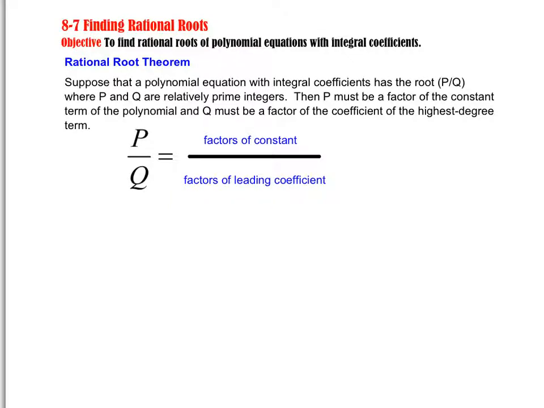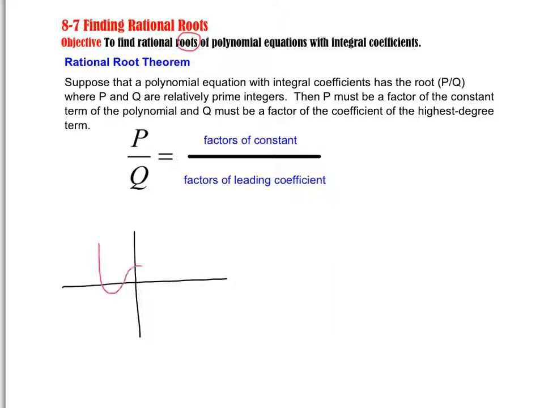Lesson 8.7 is about finding the rational roots of polynomial equations. So roots, again, we know that means it's a solution to the equation. We know that means it's a zero of the equation. Those are all synonyms. So if we're talking about a polynomial, if I just sketch some